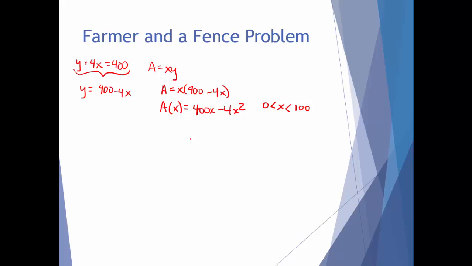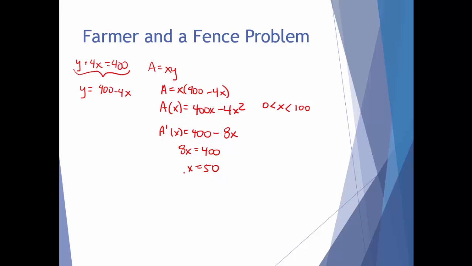So we know we need to optimize this. We need to find its absolute maximum. So we need to go through some of the techniques that we learned earlier in this course. Things like finding critical numbers. And critical numbers are, of course, determined by the derivative. So the derivative of this with respect to x is going to be 400 minus 8x. And to find the critical numbers, you worry about where your derivative doesn't exist and where it's equal to 0. It exists everywhere, and it's going to be equal to 0 when 8x equals 400, also known as x equals